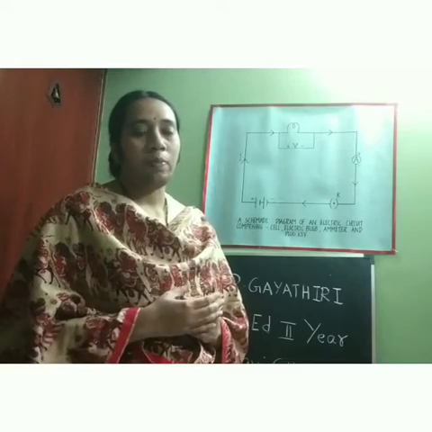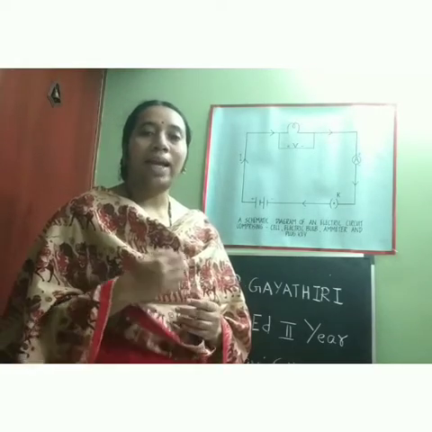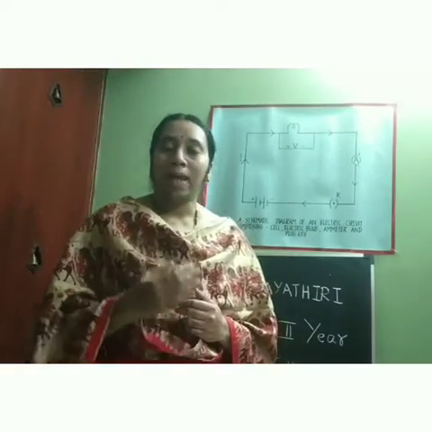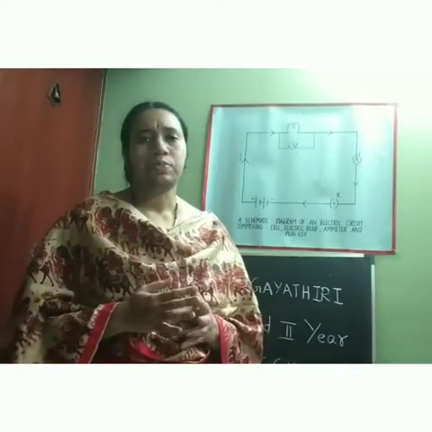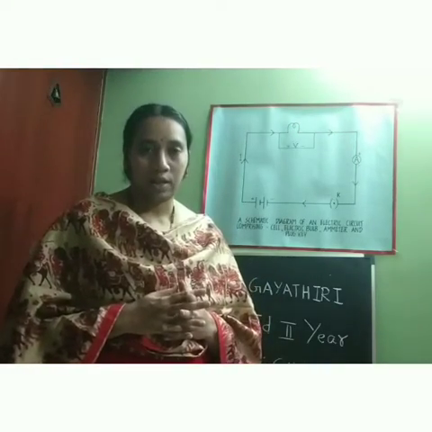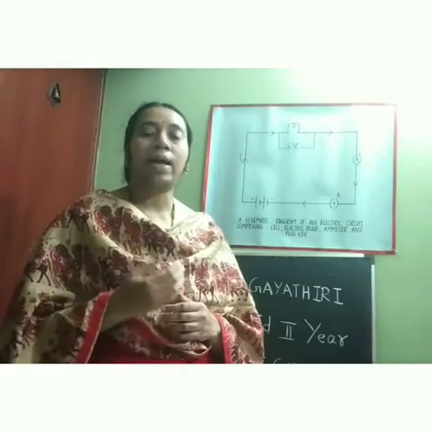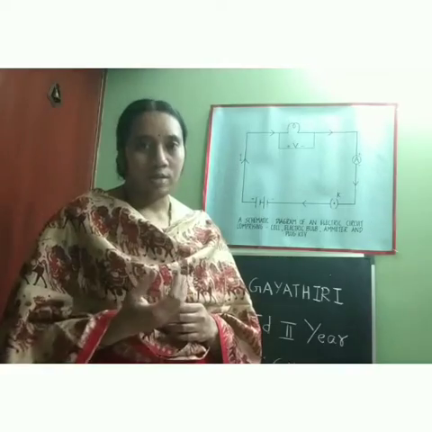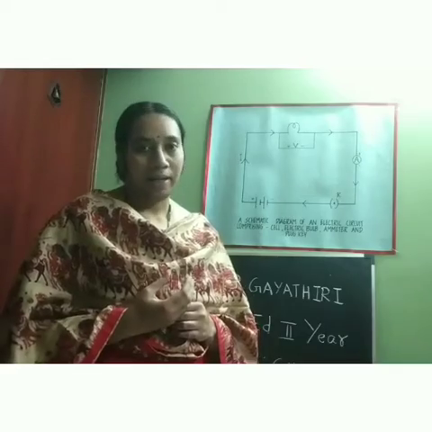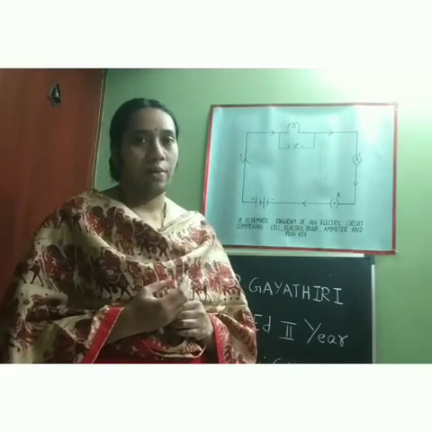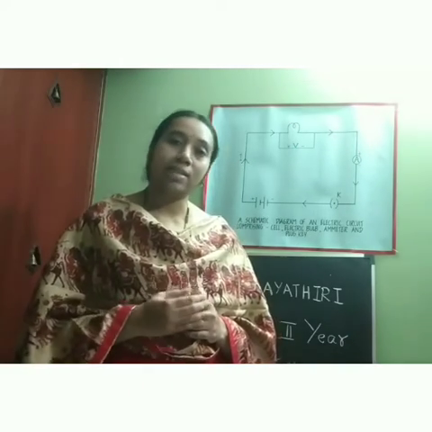Before going to the topic, I would like to explain the main learning objective of this chapter. The main learning objective is to make you understand the concept of electricity, what a simple electric circuit is, how you will design a simple electric circuit, what components you need to design it, what an open circuit is, what a closed circuit is, what electric current is, what potential difference is, how you will define it mathematically, and finally what Ohm's law is.